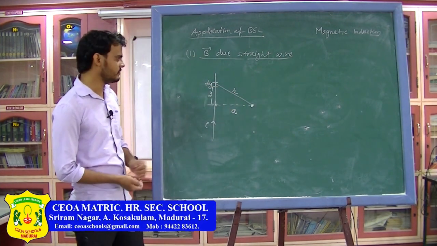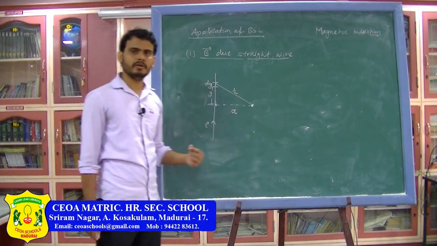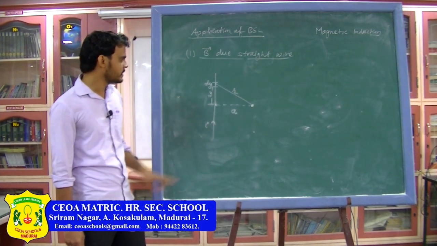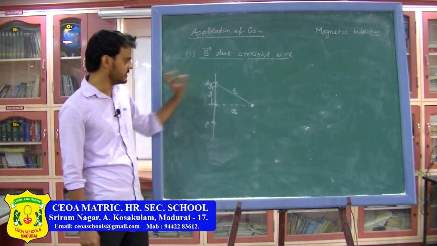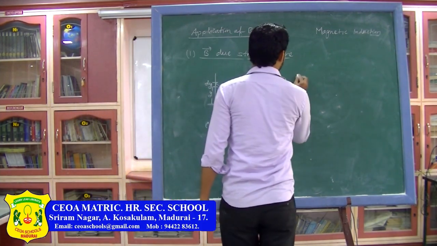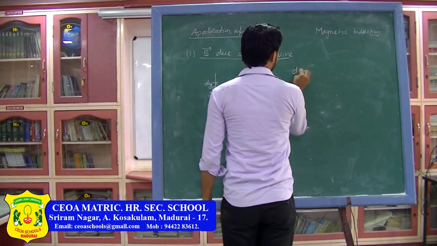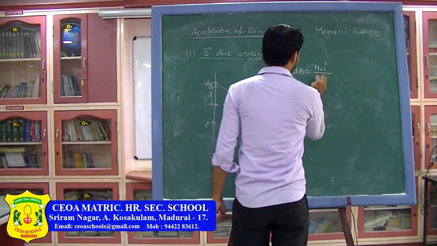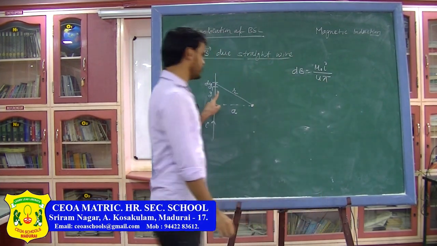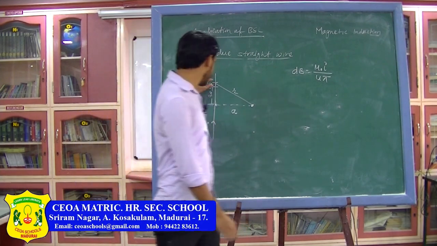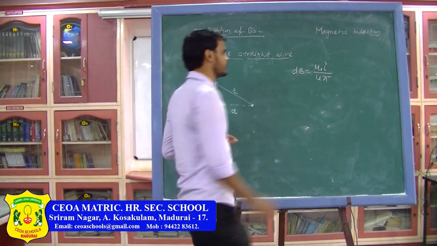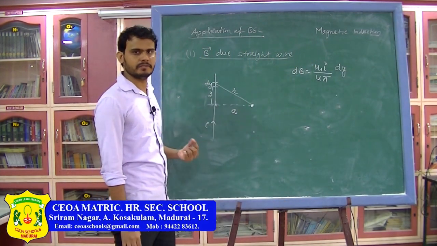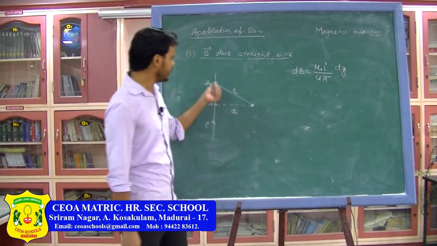Again remember, the magnetic field is given when you write 1 upon r square, and that r is the distance between the current element and the point where you want to find the magnetic field. So I want to find the magnetic field here due to this very small current element. I can write dB is equal to mu naught I divided by 4 pi into dl. Here, instead of dl, I have taken the element to be dy, so this will be dy. Now we are going to find what theta angle we should take. I will write that part later, and here the distance will be r square.